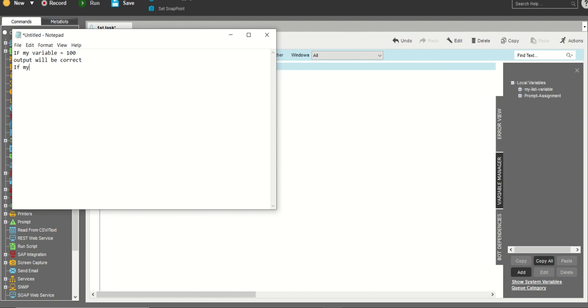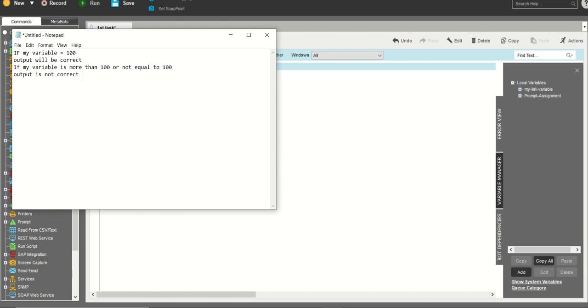If my variable is more than 100 or not equal to 100, the output is not correct. If else statements generally tell us whether a condition holds, suppose we are passing a variable in a class,